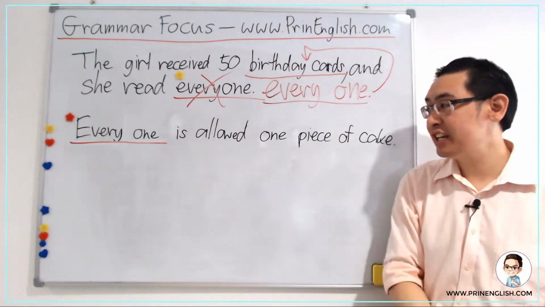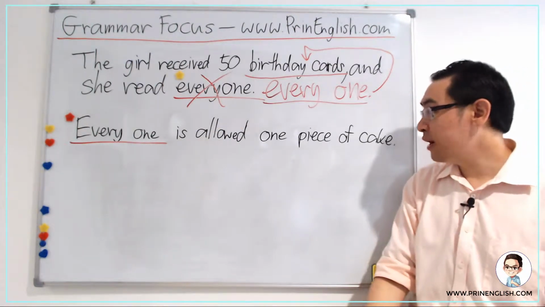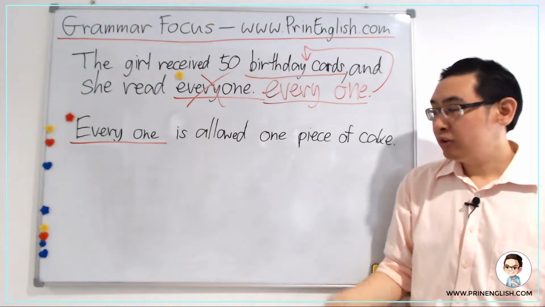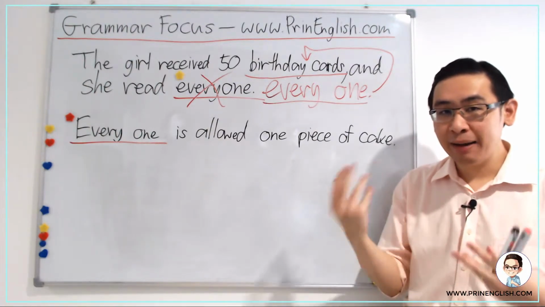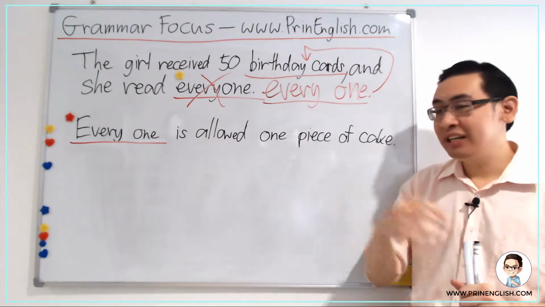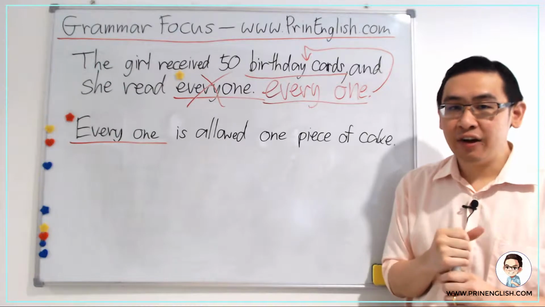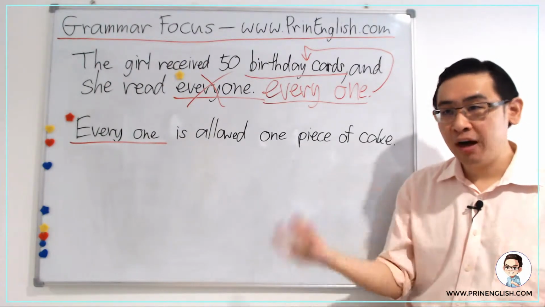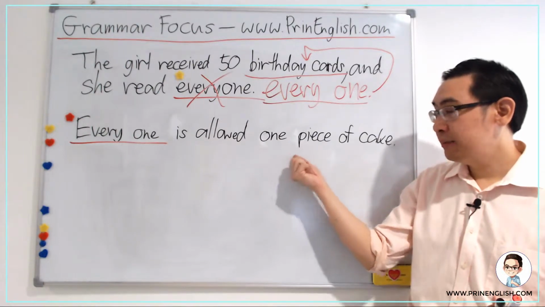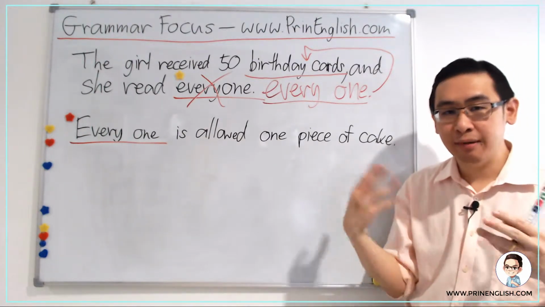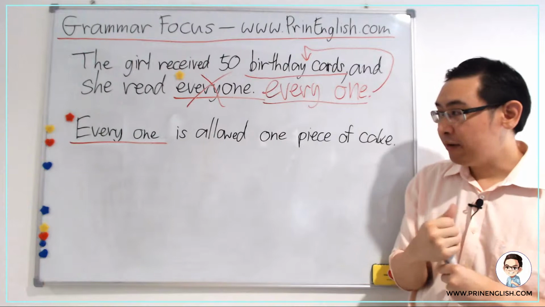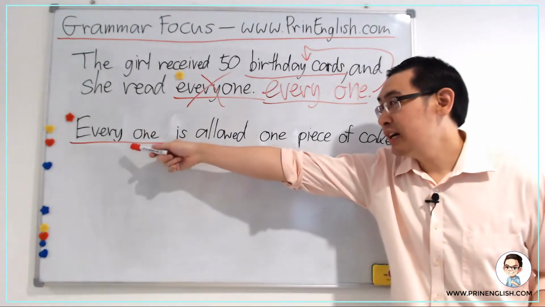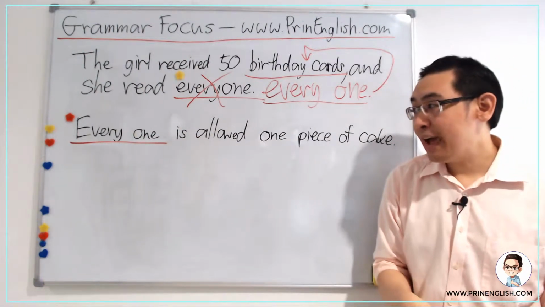Now for the second sentence, "Everyone is allowed one piece of cake." So in this sentence it tries to tell us that each person, maybe in a room or in a party, can get one piece of cake. Maybe there's a limited amount of cake available. Okay, now in this sentence under the red star it says "every one"